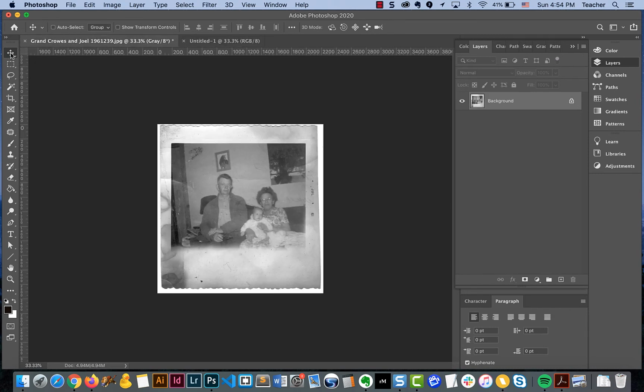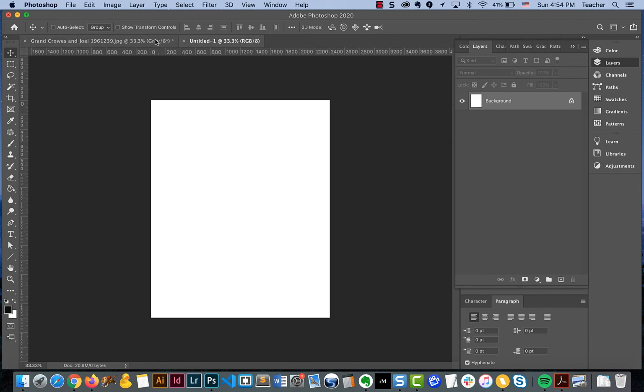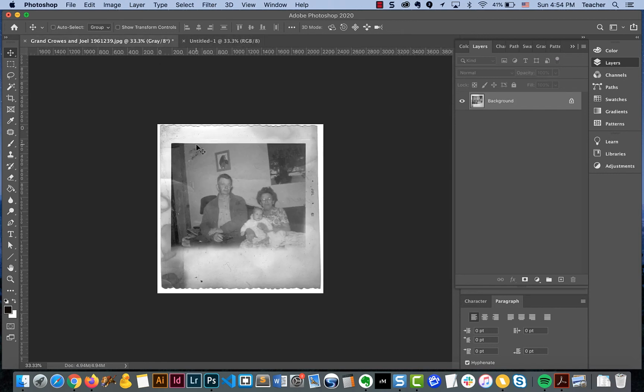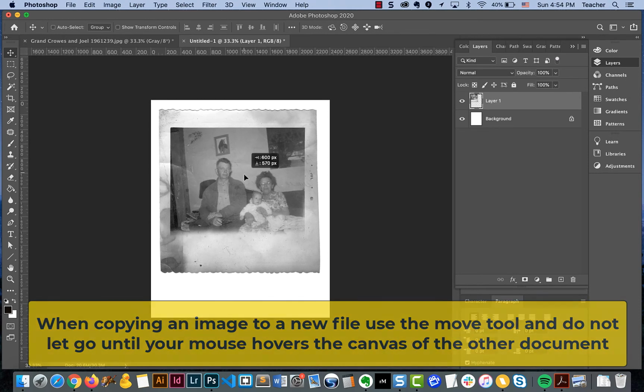And so what we're going to do is we're going to take our move tool here, and this is a little tricky the first time you try to copy it over. There's more than one way of doing this. So I'll show you both methods, and you can choose which one you like better. So we've got these two different tabs up here. This is the new file I created. This is the photo that was scanned and sent to me. I'm going to take that move tool, and we're going to drag it, and I have not let go of my mouse yet. The moment I hover over the document, I'm going to let go of my mouse,